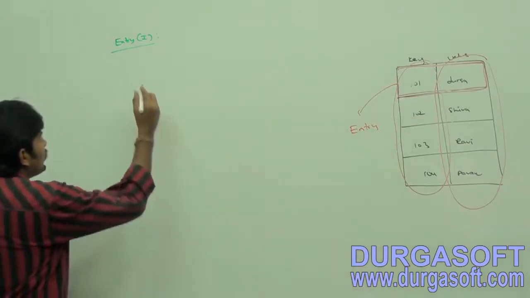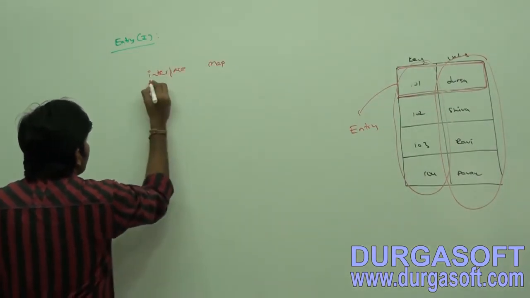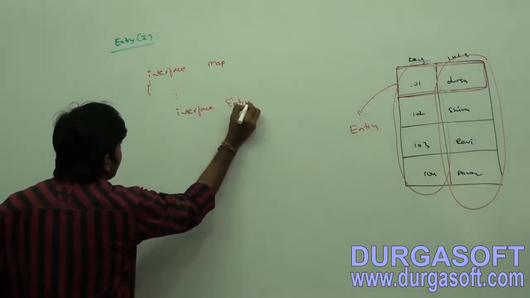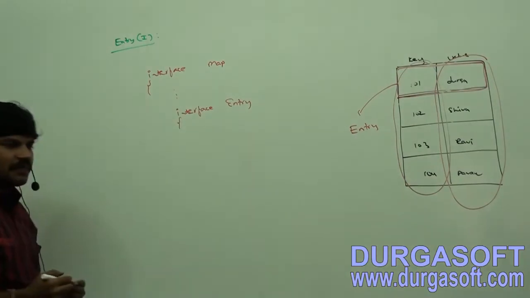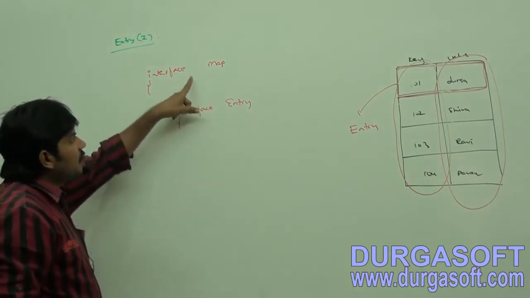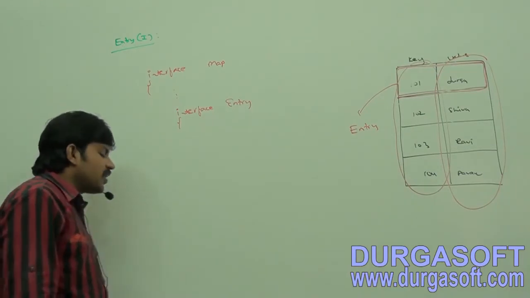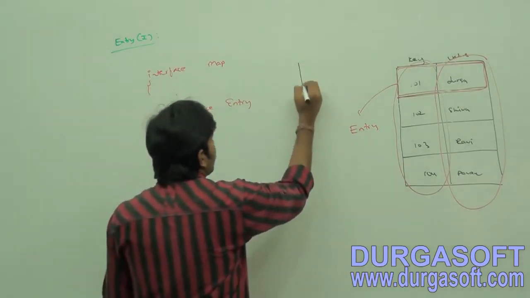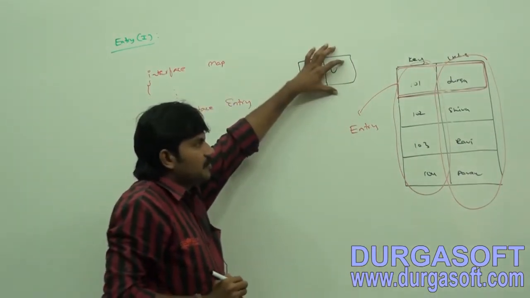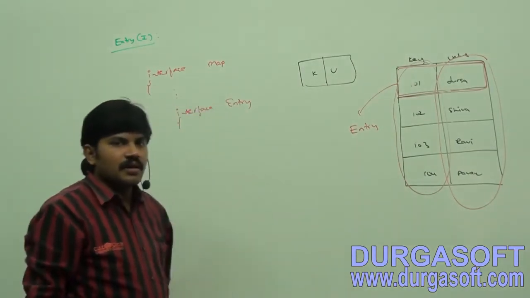Okay, that's why, do you know, in the Map interface there is an inner interface concept called Entry interface. Within the Entry interface, take very special care. Inside Map interface Entry, on the entry object, which methods can we apply? The best example: one entry is nothing but a key value pair. This is the first entry object, second entry object, third entry. On the entry object, which methods can we call?